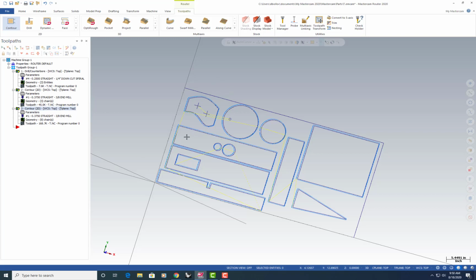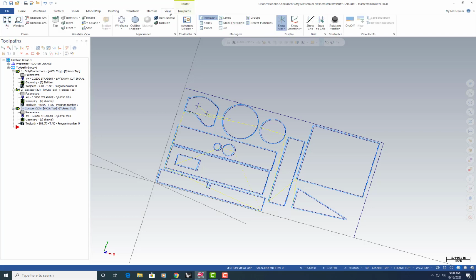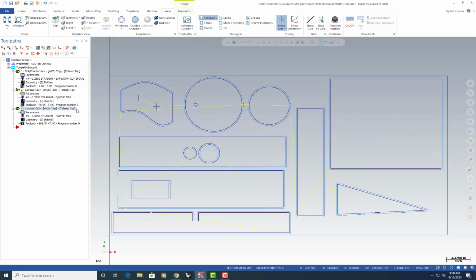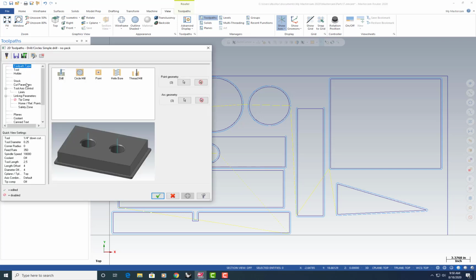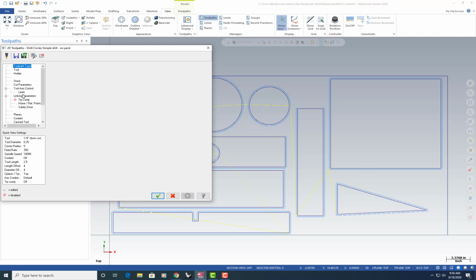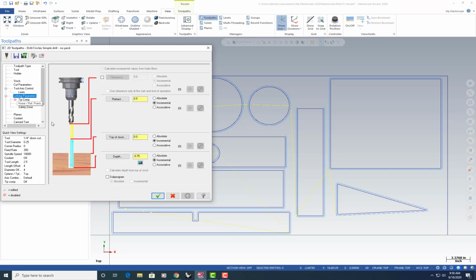And you notice that now this is kind of rotated, and sometimes that happens. So to view it properly, I like to come up to View and then Top. And now I'm going to go into these parameters, and I want to see what exactly is happening with my parts. Why is it not retracting enough? Well,